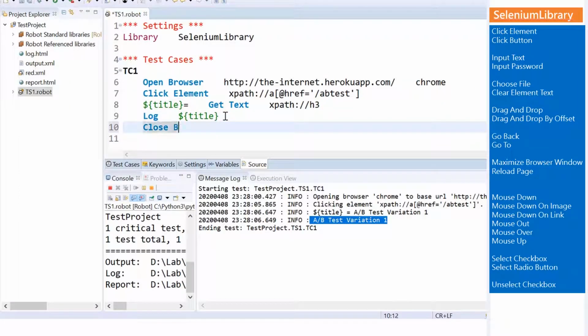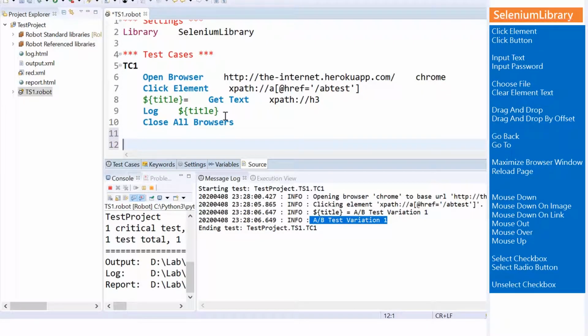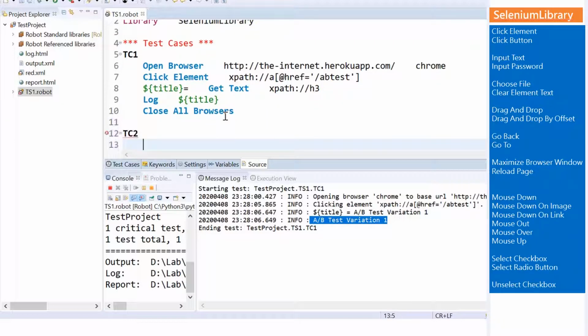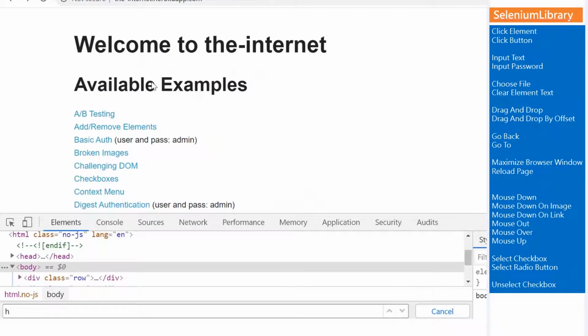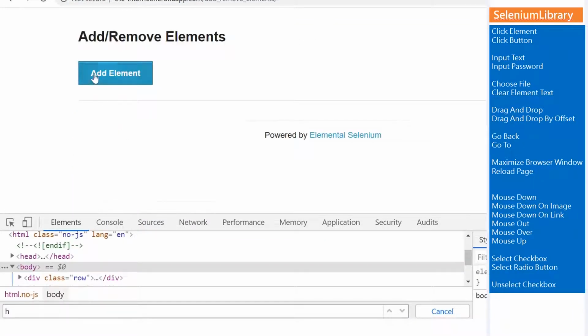Okay, so that is it, and we have not added a step to close the browser here, so we can put a step to close browser or close all browsers here. So this is done for the first test case, and we have covered three functions here: open browser, click element, and get text. Let us move on to the second case, and we will try to click on certain buttons,